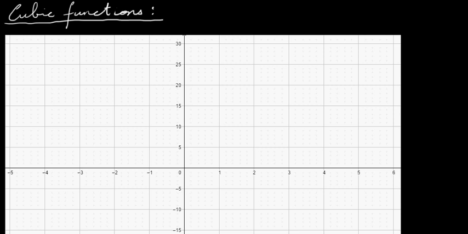Okay, so in this video I'm going to have a look at cubic functions. So I'm going to have a look at what a cubic function is, the basic cubic functions, transformations of cubic functions, and how you draw them and sketch them. So let's have a look at